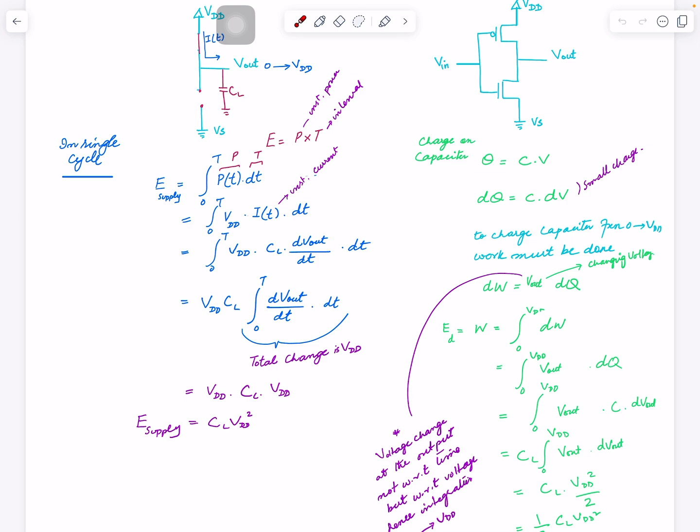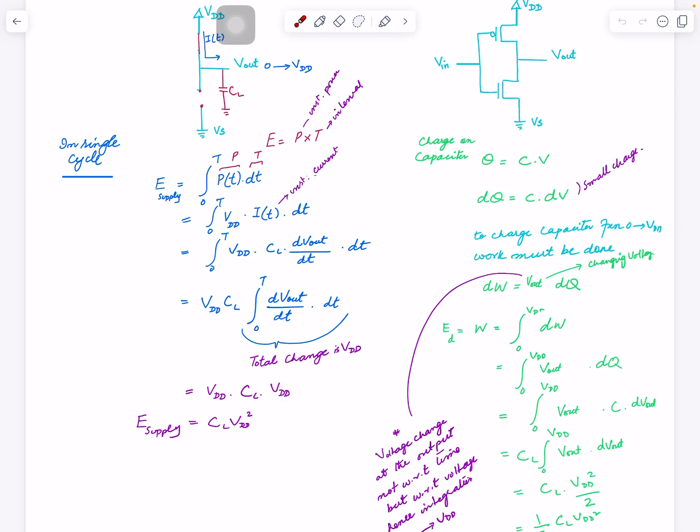So think of the charge on a capacitor. The basic formula from high school that you might remember is Q = CV. C is the capacitance, V is the voltage. We are interested in a small change, that tiny change that happens. Again, we will integrate it over the required voltage. So just put a d: remember that delta Q = C delta V, a small change in V. To charge the capacitor from 0 to VDD, we